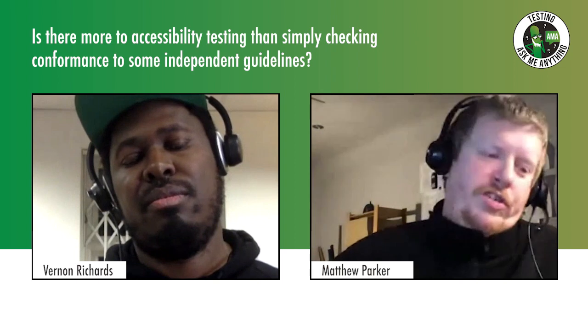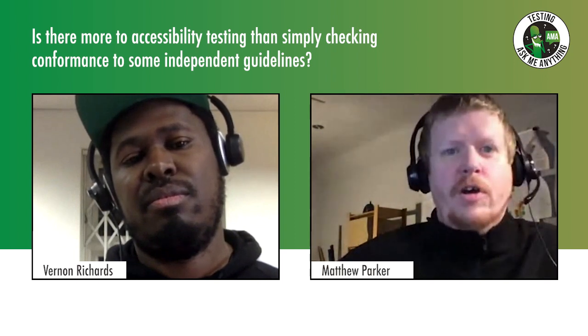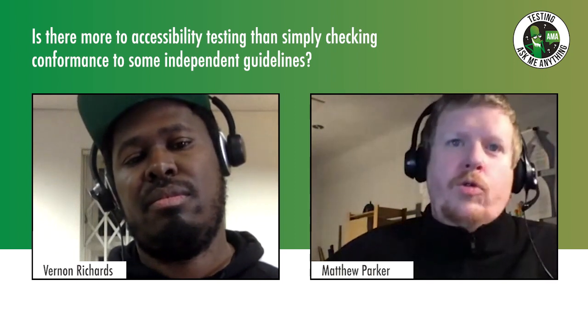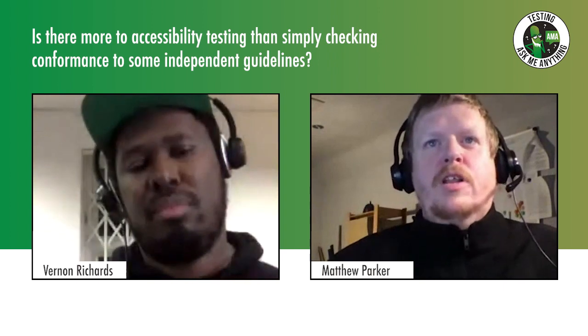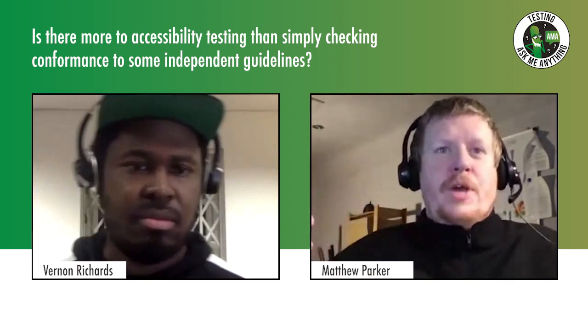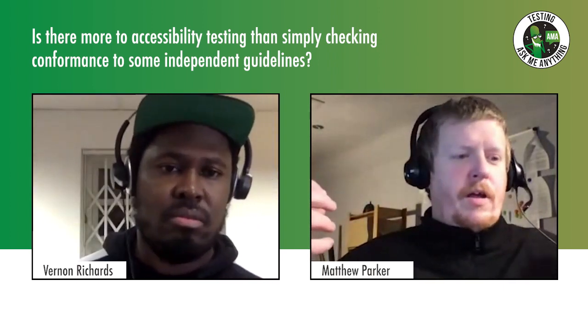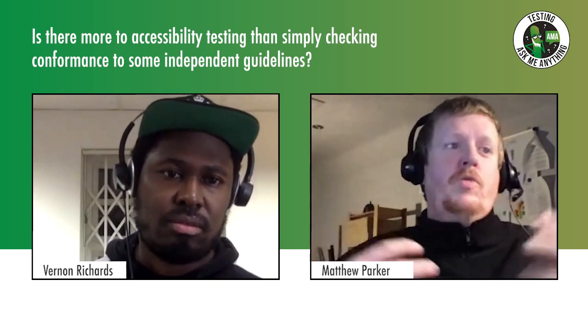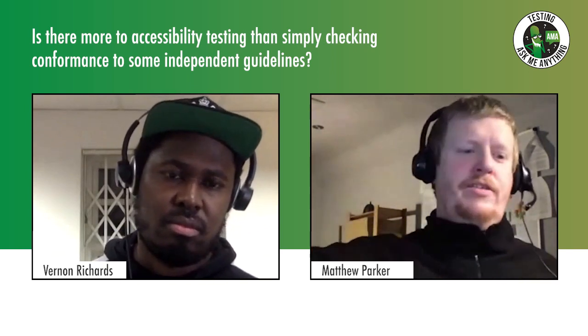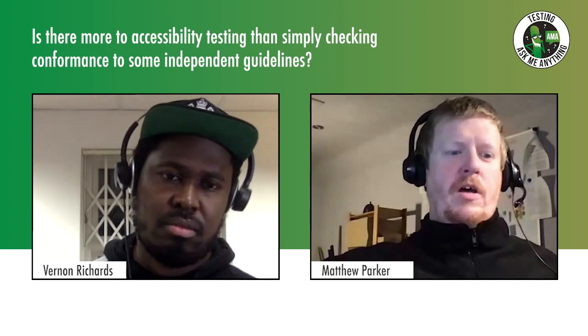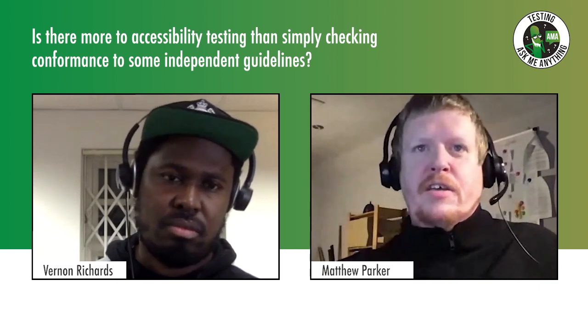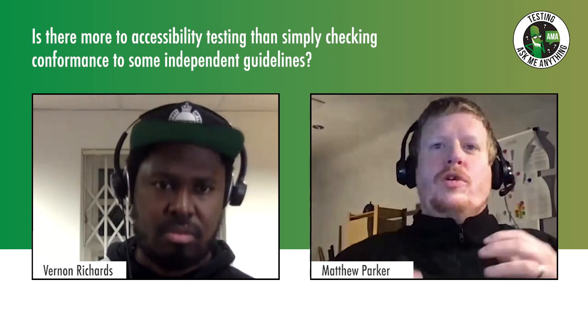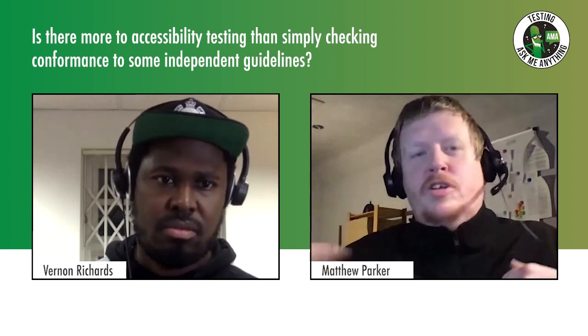You've got to really understand the context of what those conformance checks are doing, because all of them have context behind them. They apply to certain things. It's difficult to create a list of things and say go and follow these when you're talking about things like accessibility, because, like I said,